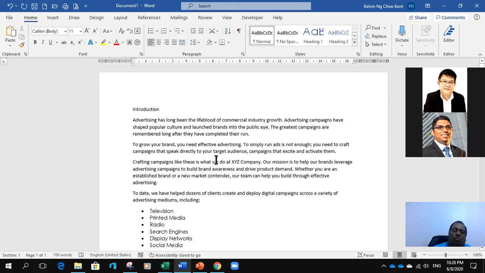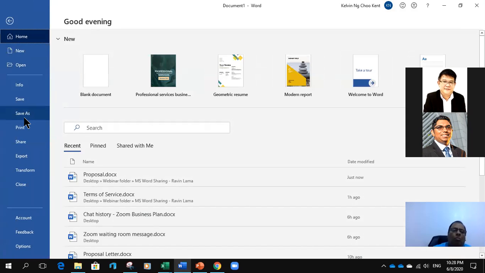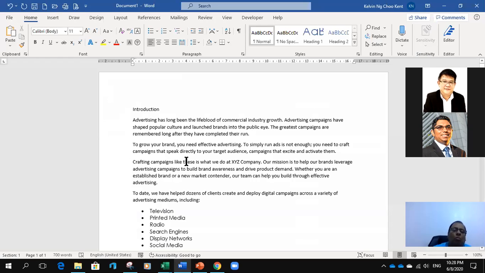So this will save you hours of your time searching for your previous file, looking for the document that you have earlier, then open it up and make changes. And the most heart attack you're going to get is that after you have done all the changes, you forgot to do save as, but instead you click save. So what will happen if you click save? It overwrites the previous document, right?